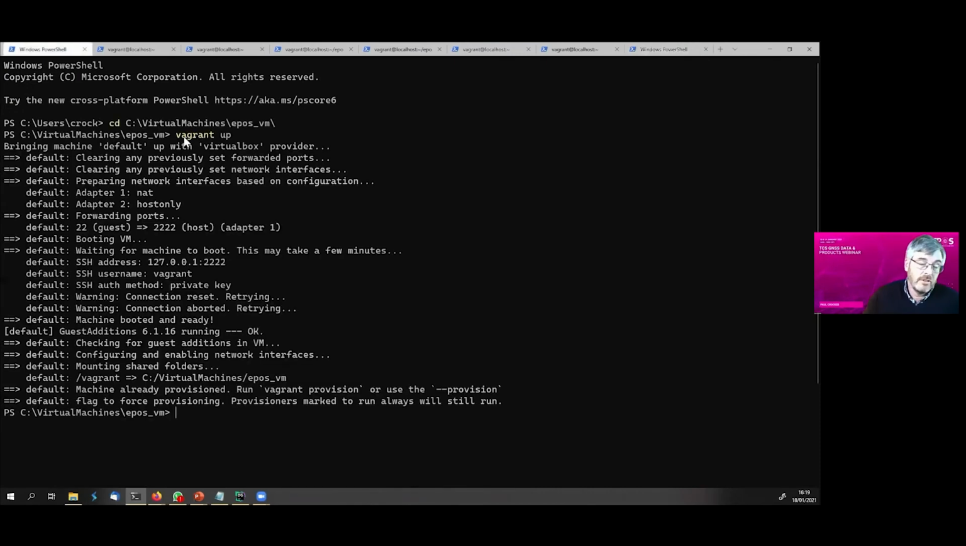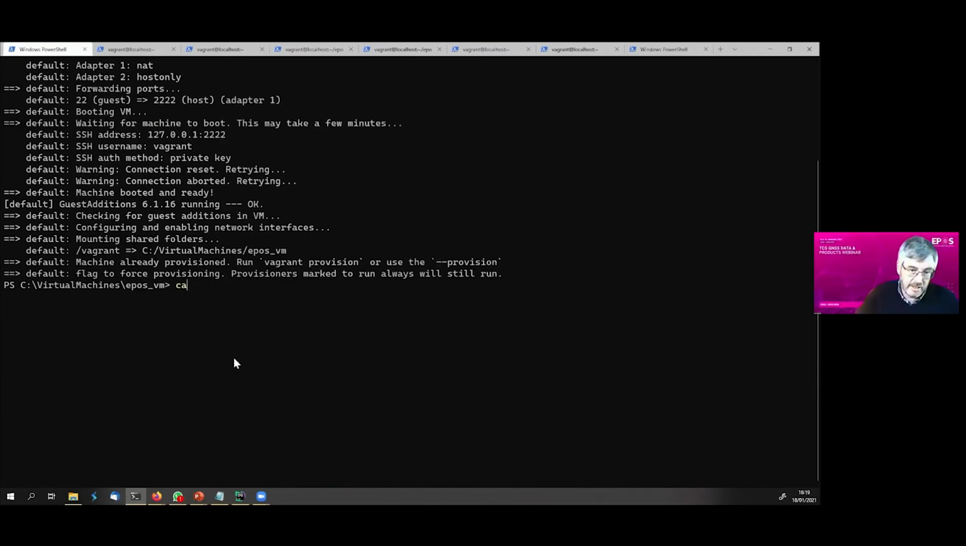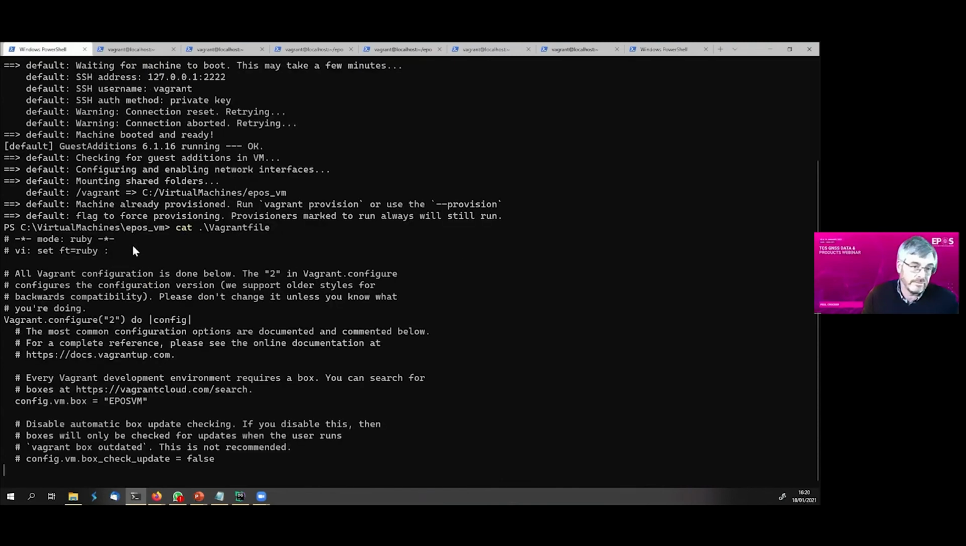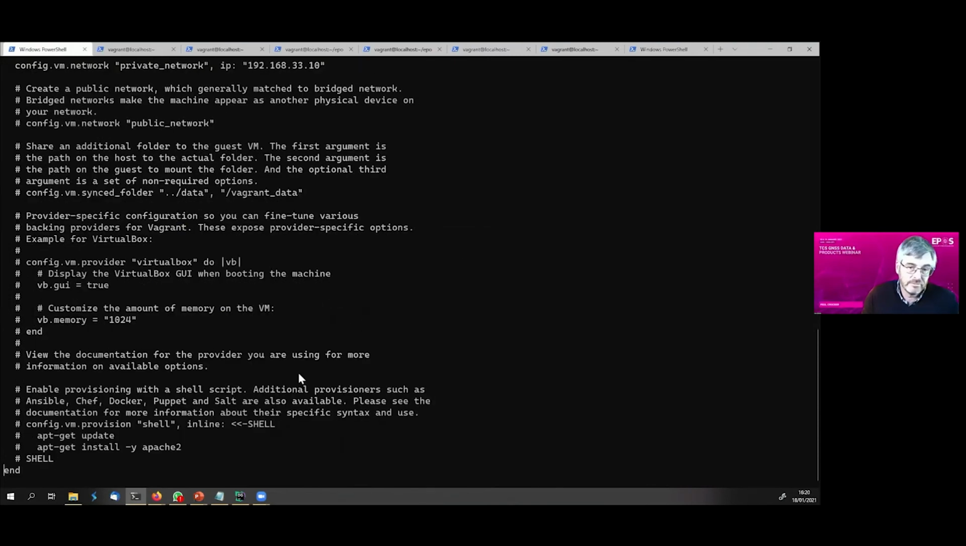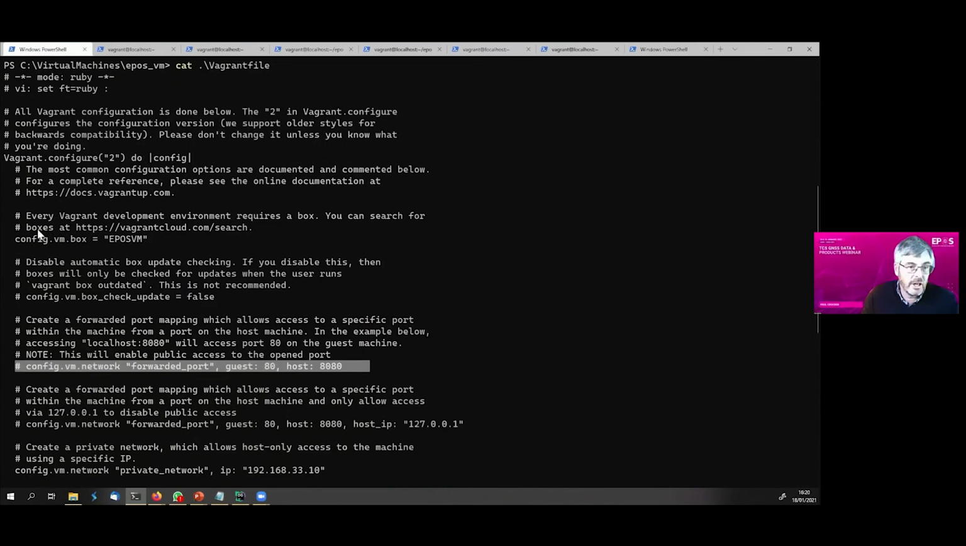So, if you're using, like me, Oracle VirtualBox, Vagrant is a quick way of setting up a virtual machine. So you can just download that virtual machine. If you need to, you can customize your Vagrant file. If you want to customize port forwarding,